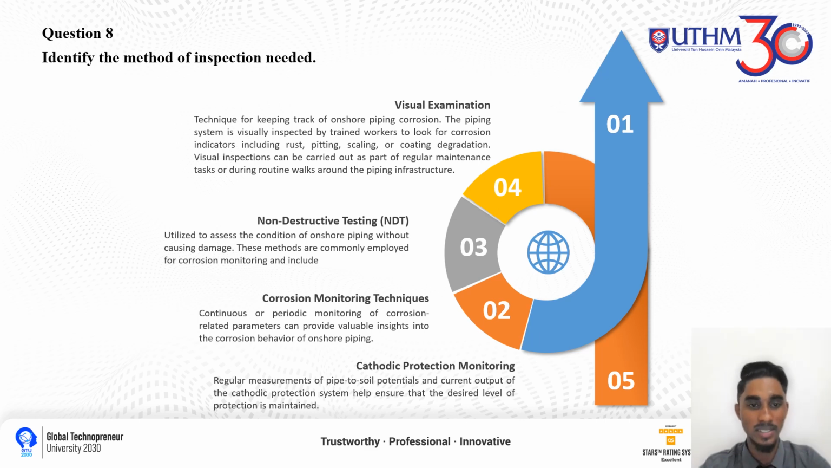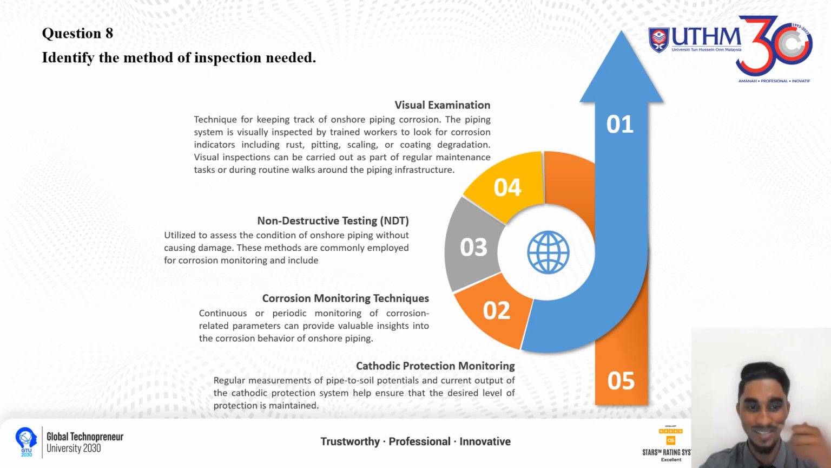The next one is electrical resistance probes, which are used to measure the changes in the electrical resistance of the piping material, which can indicate corrosion activity. They are particularly useful for buried or submerged piping systems. The last one is corrosion rate monitoring. Various electrochemical techniques such as polarization resistance, linear polarization resistance, and electrochemical impedance spectroscopy can be employed to estimate the corrosion